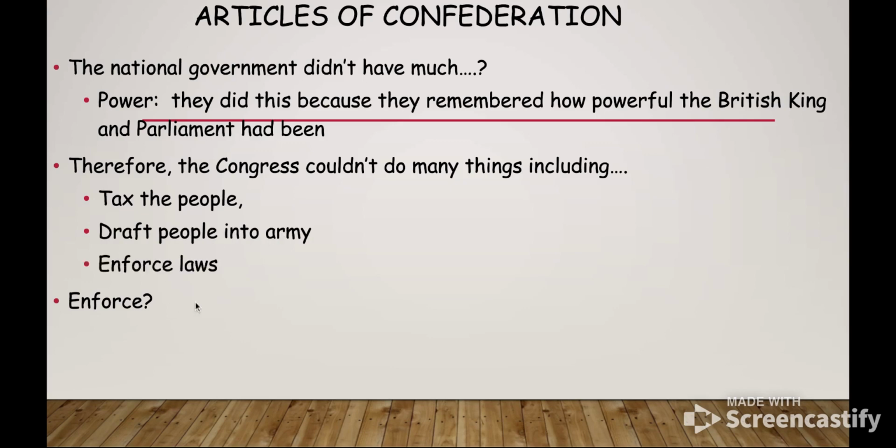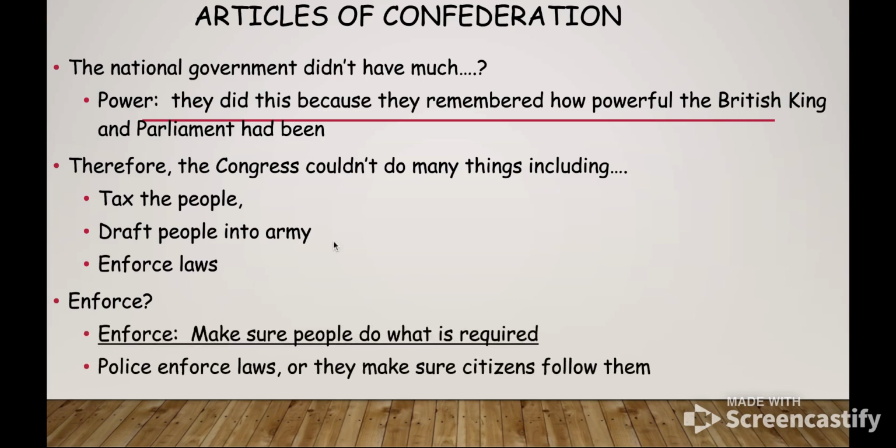And finally, it was unable to enforce laws. It could pass laws, but not enforce them. Enforce means to make sure people do what is required. So the easiest way, if you have a hard time remembering what enforce means, remember police are often called law enforcement, and the main job